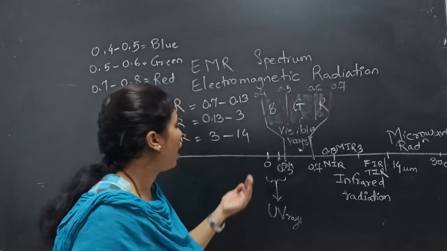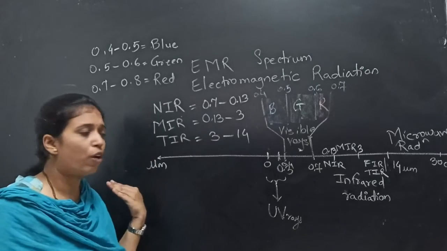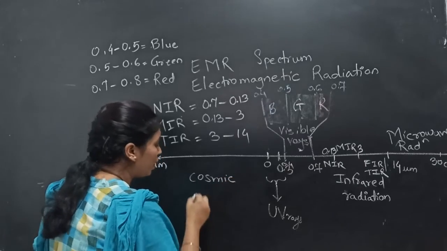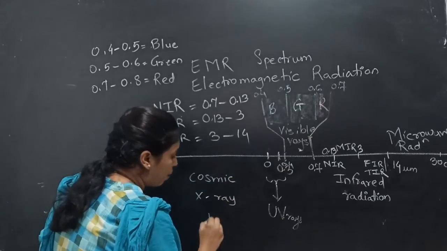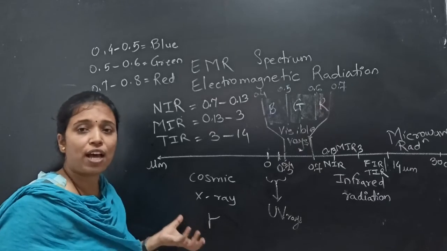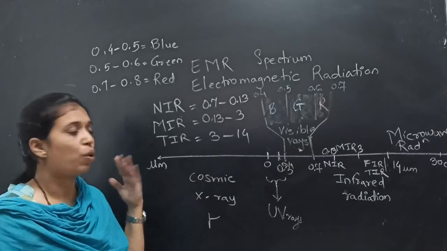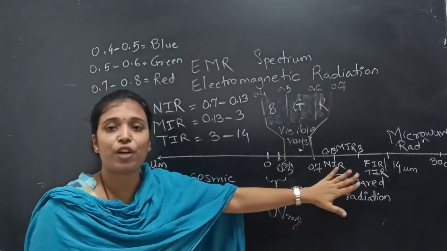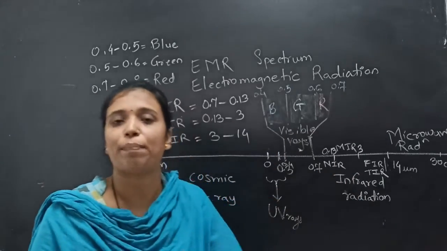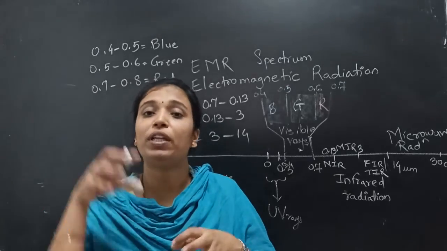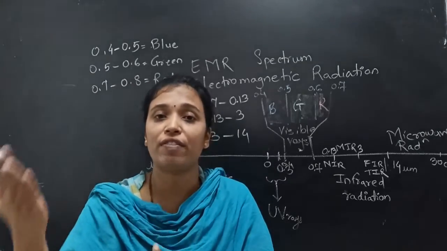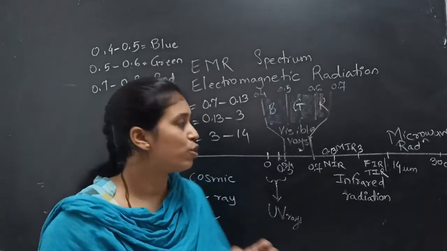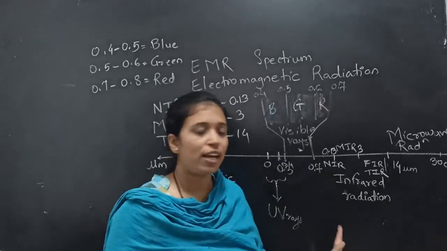For whatever reason you require in remote sensing, you can use the microwave radiations, and after that the radio waves are used. And when you are looking at the left side of zero, there are cosmic rays, X-rays, gamma rays. These harmful rays are available on this side of zero, but we are not studying this side. We need the rays which are useful to capture the energy, to capture the object clearly from remote areas, that is, the area where we can't reach and we have to sit in one place and study a particular area. So these types of rays are easily available.